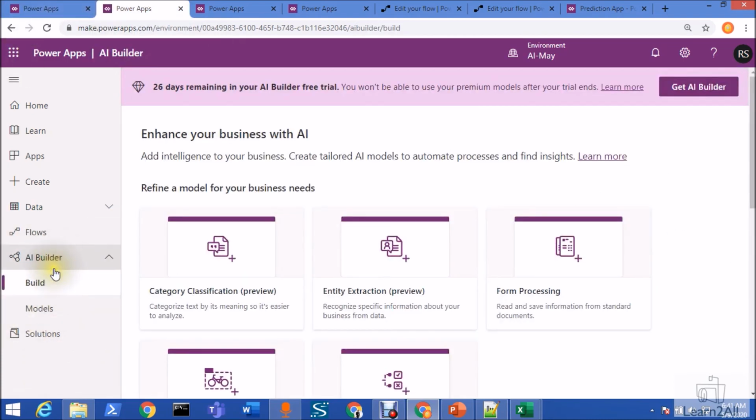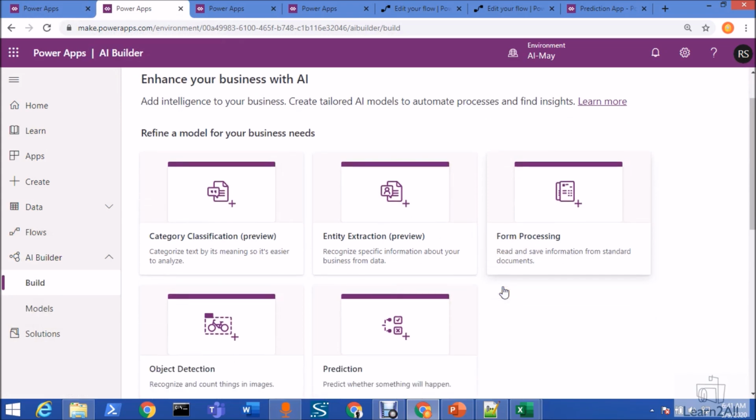Right, now from your Power Apps, you need to go to the AI builder section. From here you would be having different options. Now there is a possibility that on your tenant you don't see these options. It's possible that your tenant does not reside in a region where this feature is supported, or maybe you haven't set up your data set. So if you wish to set up this tenant for the first time, I have created a separate video for that. The link is available in the description box, you can go through that.